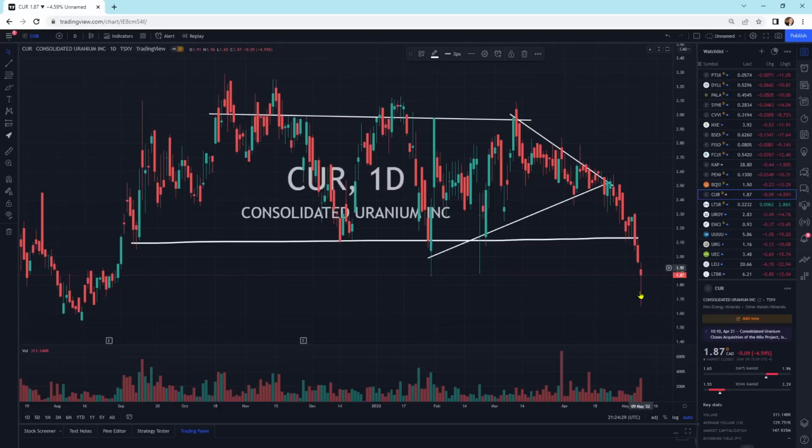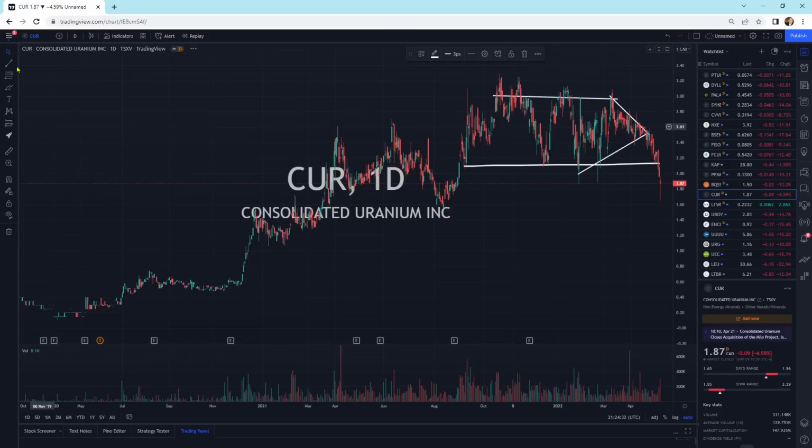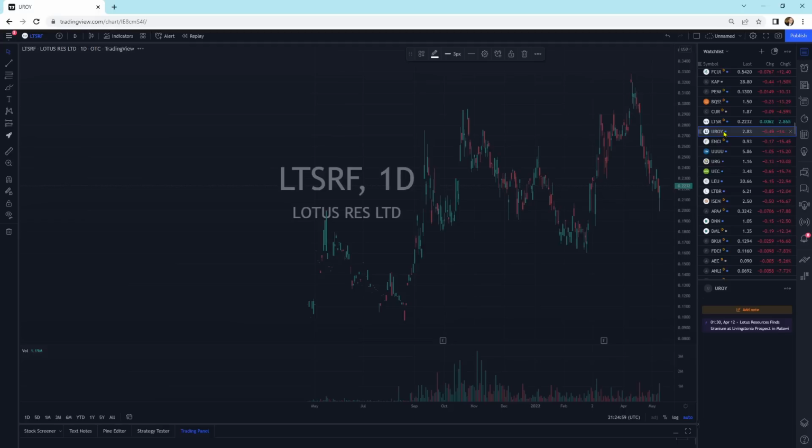Consolidated Uranium selling off, but we got a wick at the bottom. At least we got some buying pressure down there. Is there a support area coming through this general vicinity? Probably about where it touched, almost where it touched. Lotus Resources, this is one that is actually up. A nice good bullish hammer candlestick there for that one. But with the overall market selling off like they are, I'd be hesitant. I'd like to see more buying pressure throughout the markets. And the buying pressure could step in at any second, guys. It could be very strong, but